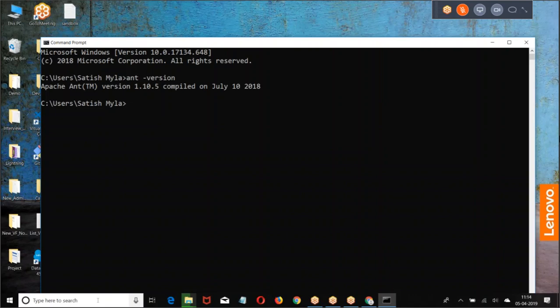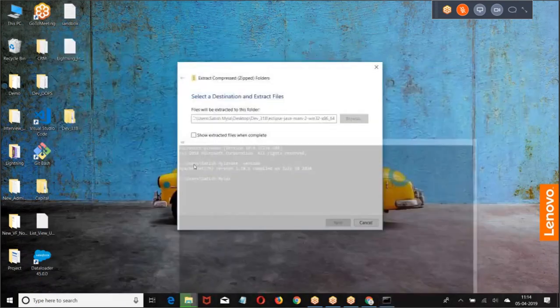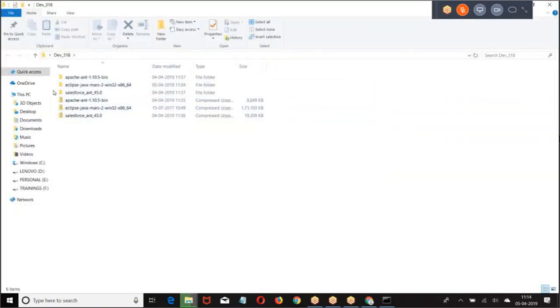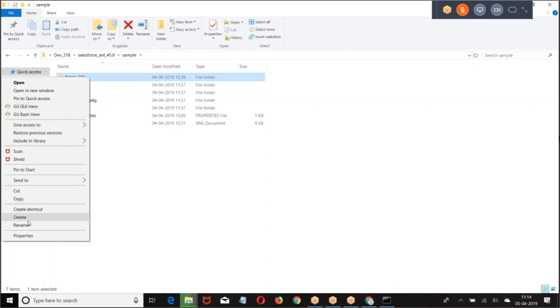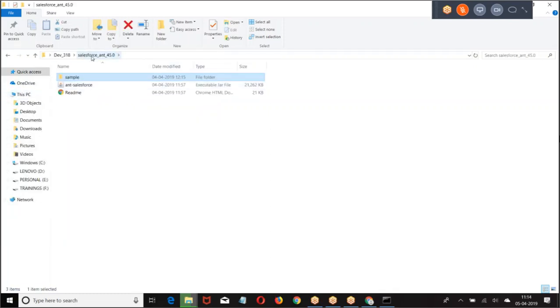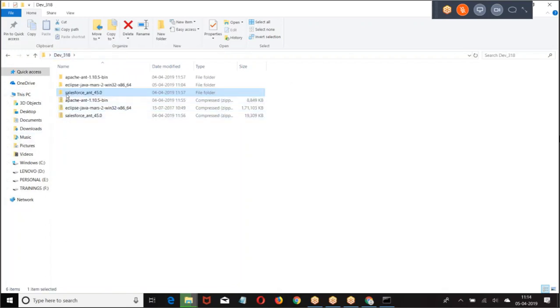Set the path of Java, set the path of ANT, then we are going to create package.xml, build.properties file, build.xml file. Here we have the first one. I was creating my own folder. I'll remove this folder.